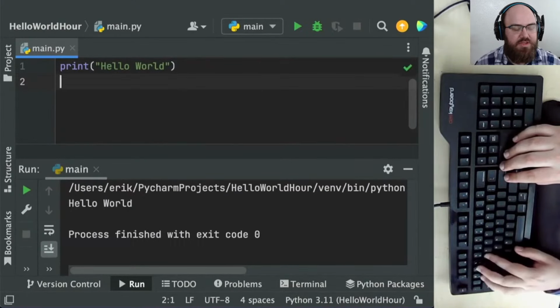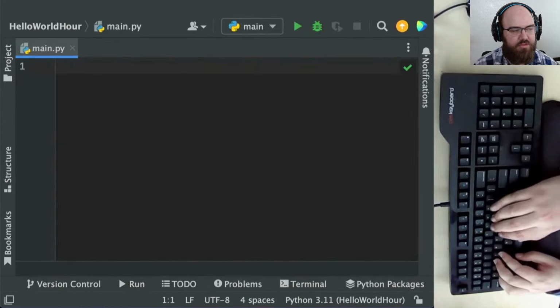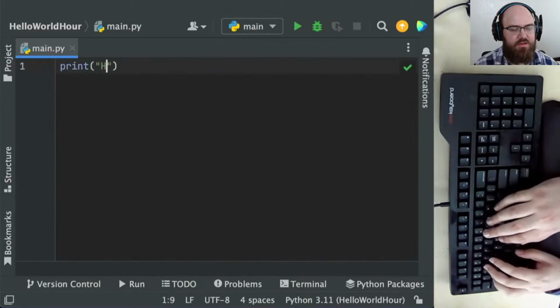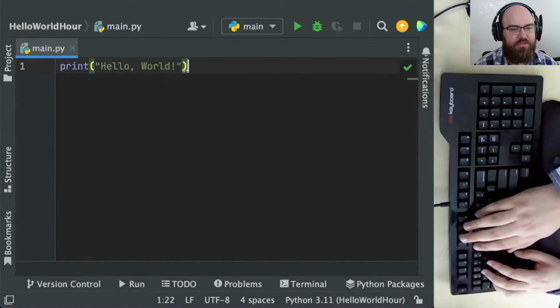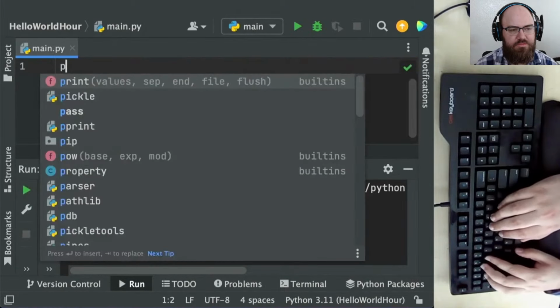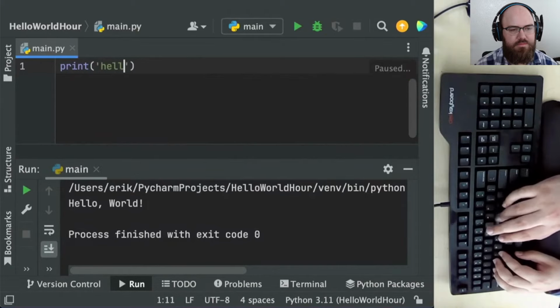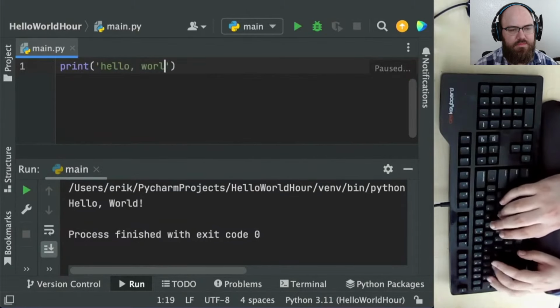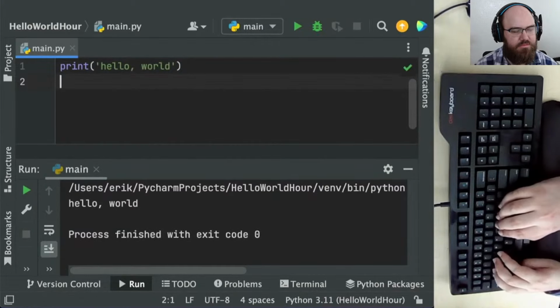So, starting off real simple, print hello world. Took the time to hide that window. I pretty soon got tired of doing that. Now we bring out the comma and the exclamation point to make it extra stylish. Print hello world, great. What's next? Lowercase, but including the comma, that's nice.